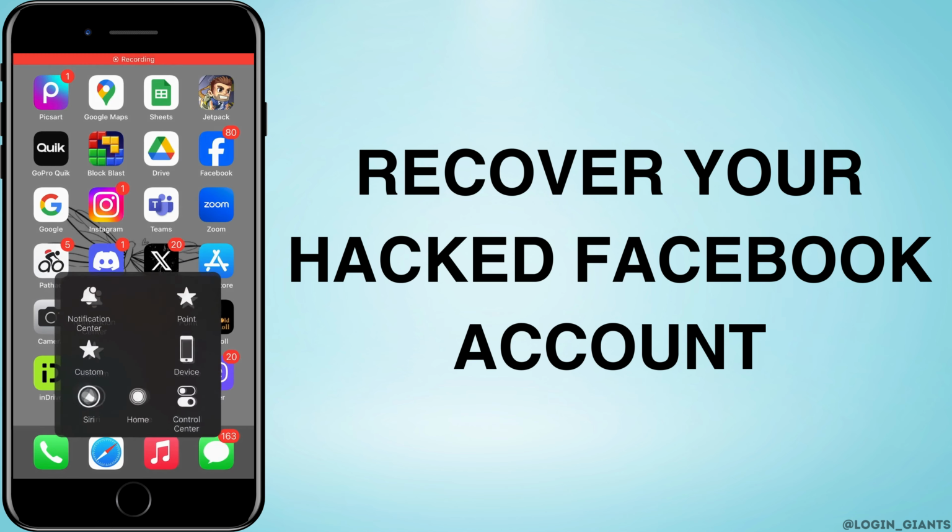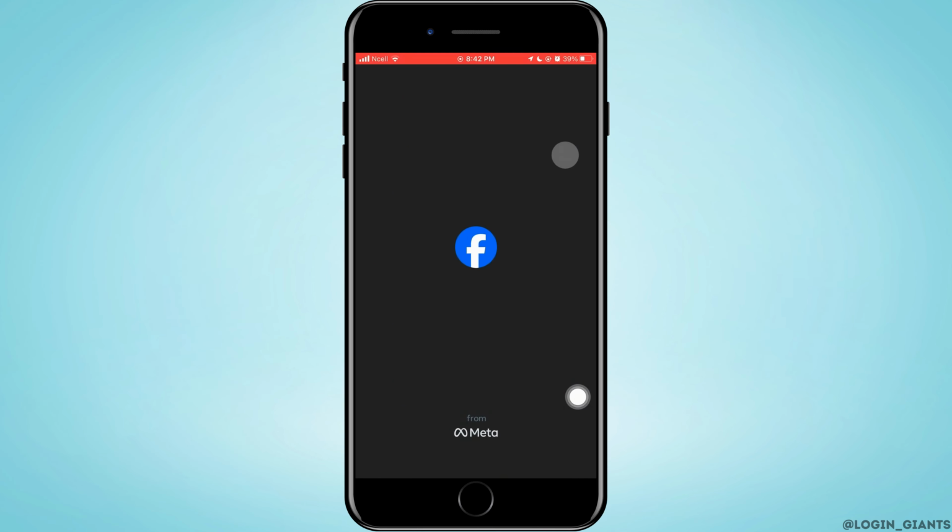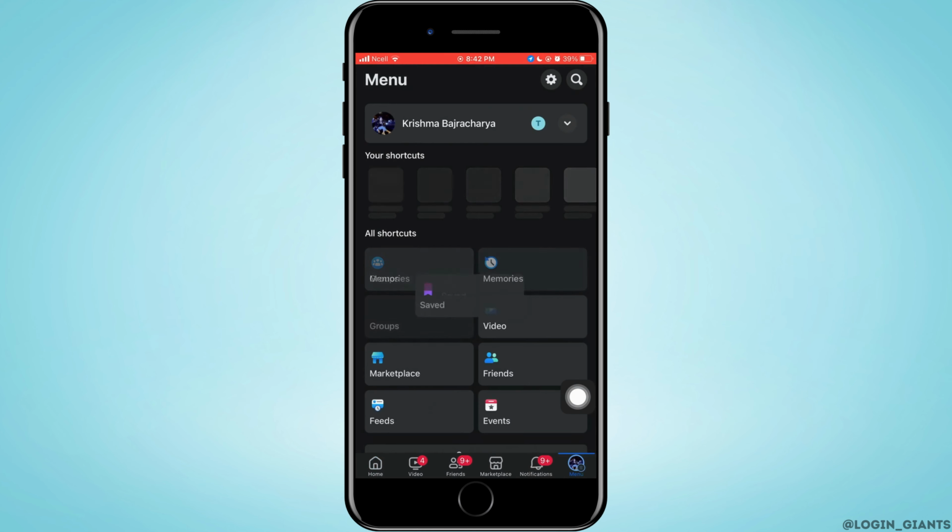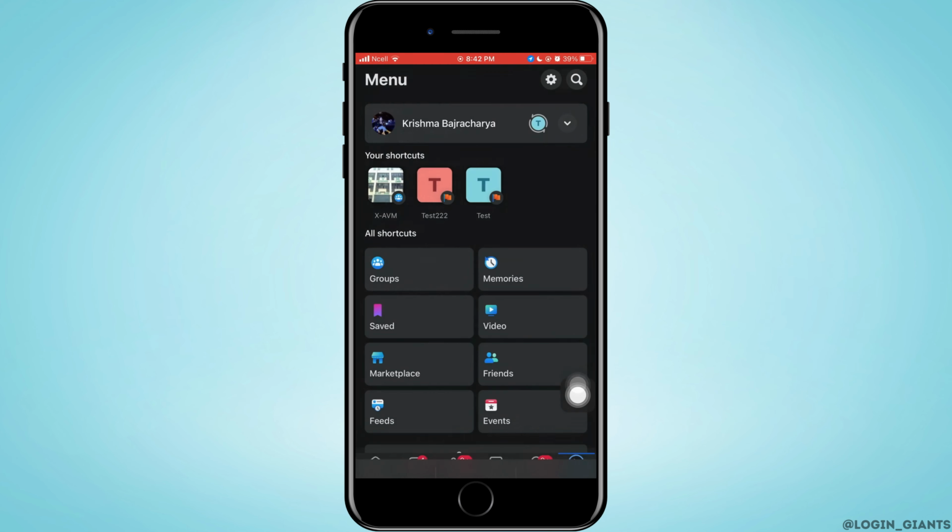How to recover hacked Facebook account. Let's jump right into the steps. Open your Facebook app on your phone, and if it's logged in and if it's hacked, you want to go